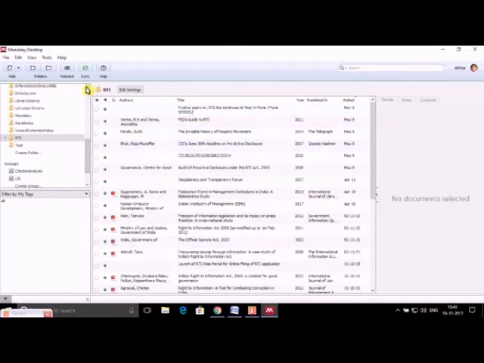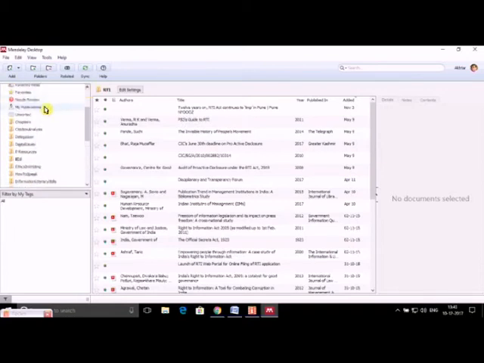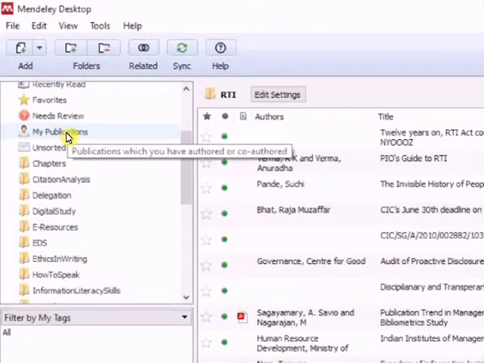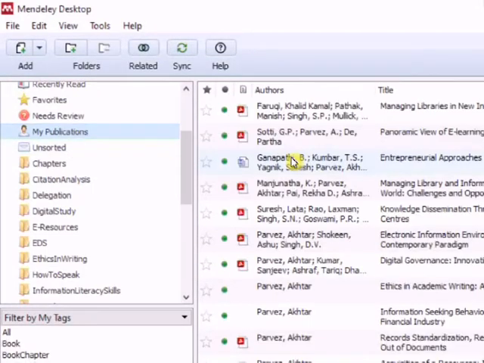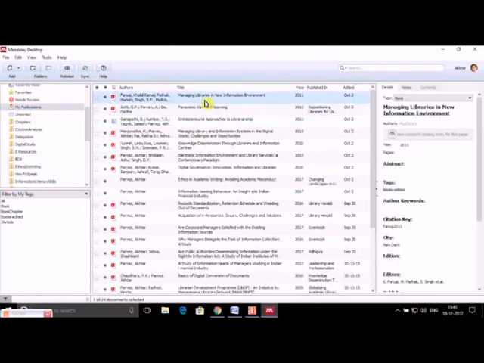Now I have added all my publications in my publications folder. So this is my publication folder. So if you click here, you will see all my publications in this particular folder. So what I have additionally done is that I have classified them as book chapter, books edited, journal article, etc. And how did I do that?